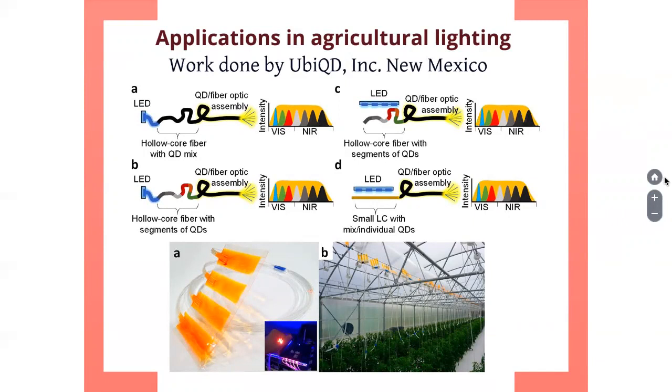You can have a hollow core fiber. Hollow core just means it's open in the center, with segments of quantum dots, illuminated from the top with LED, just a flashlight. Okay. And this is the same kind of thing, but with a concentrator. It's a luminescent concentrator filled with quantum dots, illuminated from the top, and the emitted light is collected by fiber and it's emitted, which is exactly what they have here. Okay, and this is a close-up photograph of the system. These are the luminescent